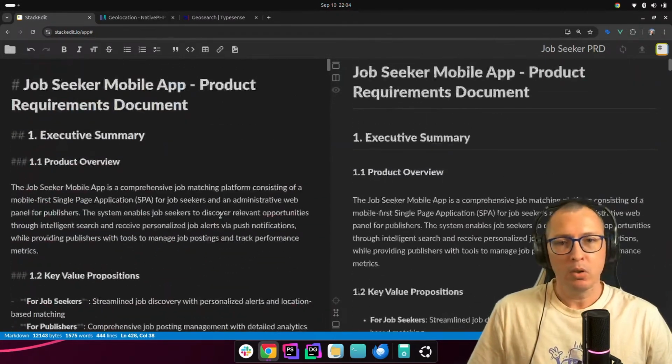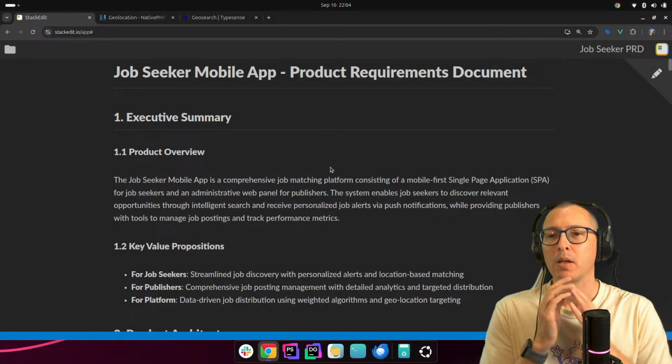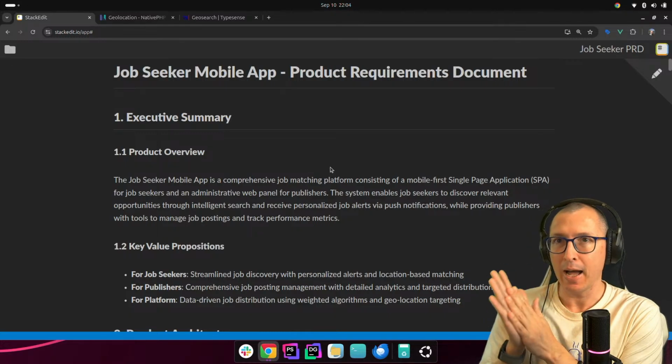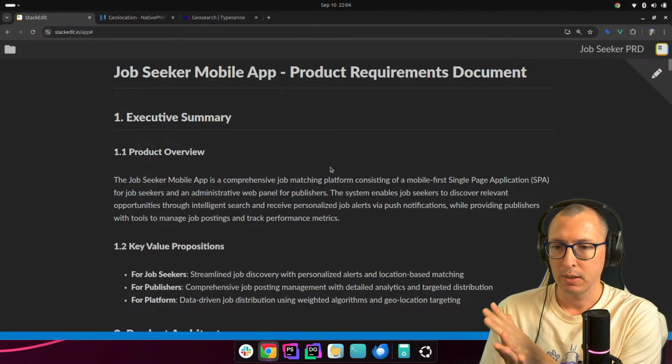All right, so that's the document. That took a while. We're going to use this document as our compass, our north, and our guiding star.